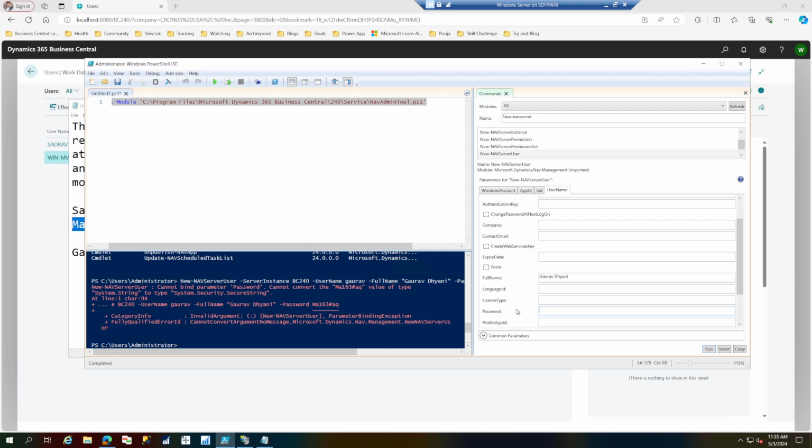So how do you ask the user for a secure string? You do something like Read-Host, which will allow the user to see a prompt. The prompt title would be "Enter password", or whatever you want, and then -AsSecureString. What will happen with this? As soon as I try to run this, it'll pop up a window where I can insert the new